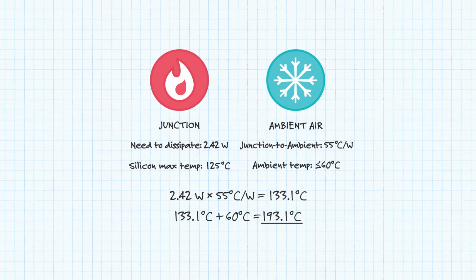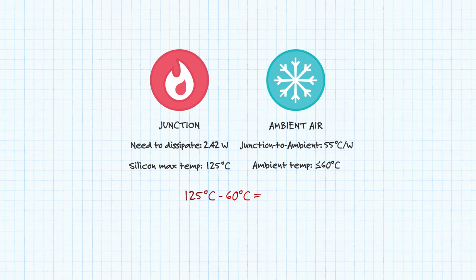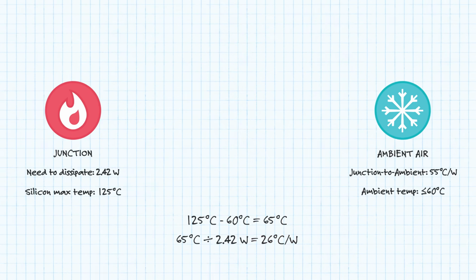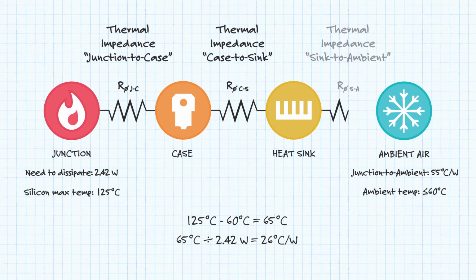Now, using that same math in a different direction, we can figure out how much we need to drop the thermal impedance path to keep us in safer temperatures. So let's go backwards. We can have no greater than a 65-degree rise, and in this sample, we can't drop the power requirements. So a 65-degree rise divided by 2.42 gives us 26.9 degrees Celsius per watt. Now, we will round that down to 26 to give us a little cushion and give us less decimal points to worry about. Unfortunately, the addition of a heatsink complicates things because there are now more junctions to worry about.